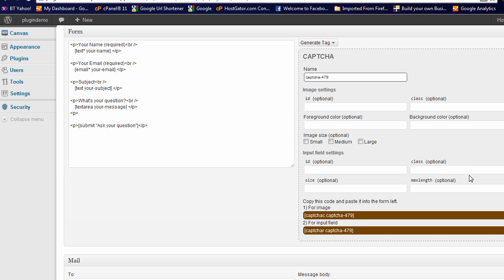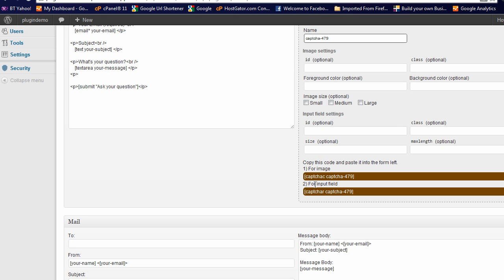Now you can see this captcha box is really customizable as well, where you can add the foreground color and background color and classes, but we're really not going to work on that today. All we need is these little shortcodes here. So the first captcha code is for the use of the image, and then the second one is for the input field. So if we highlight that, we copy it,